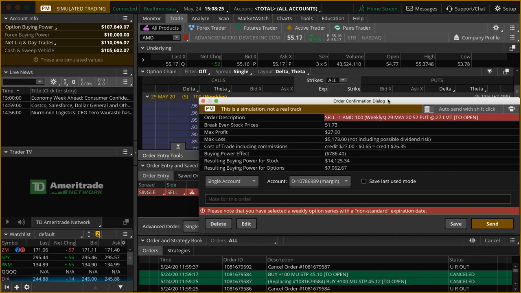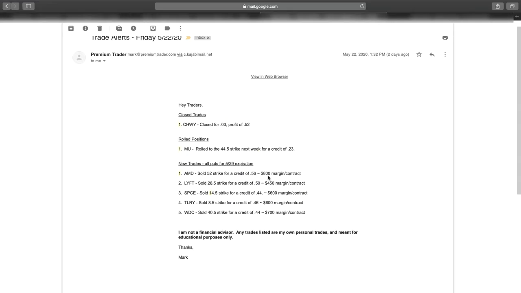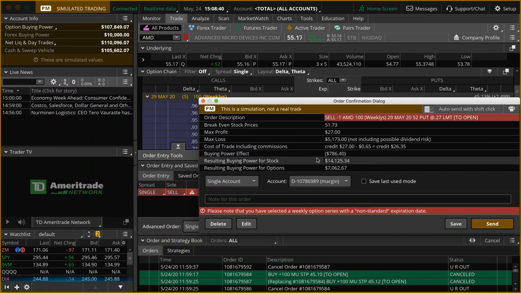It's going to give me another pop-up window. It's just going to show me my max profit, max loss, and the buying power. So this buying power effect is what I'm putting in the email as the required margin per contract. So this would require you to have $786 of buying power to be able to sell 1 contract of AMD. Then you hit send,